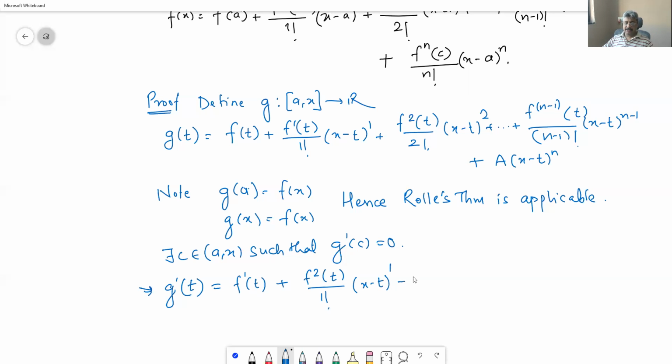So it will be minus first derivative evaluated at t upon 1 factorial into derivative of this, which is minus 1, which is taken care of, plus the second term if we differentiate, third derivative evaluated at t